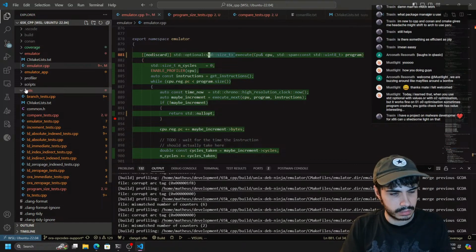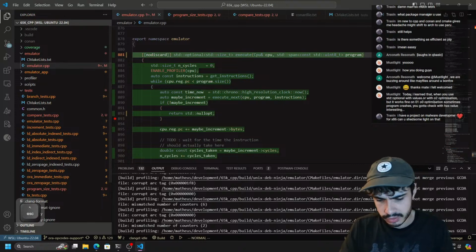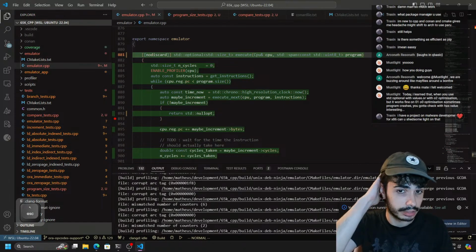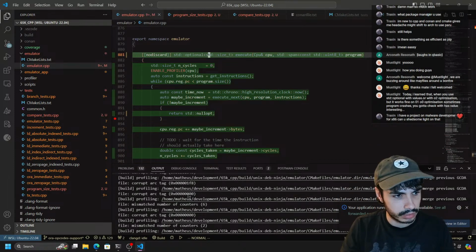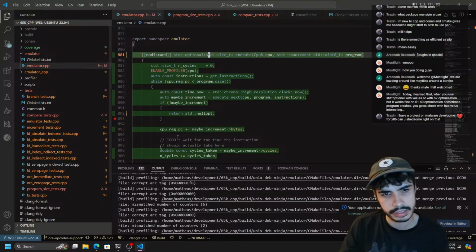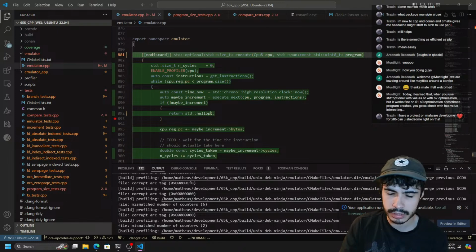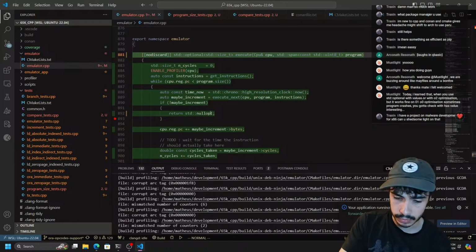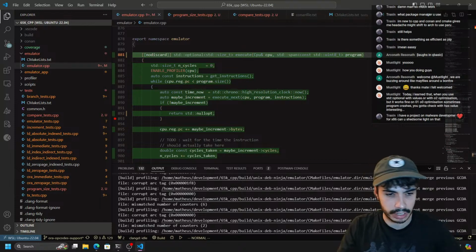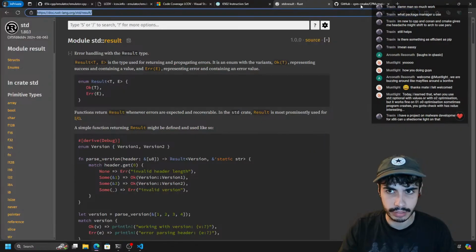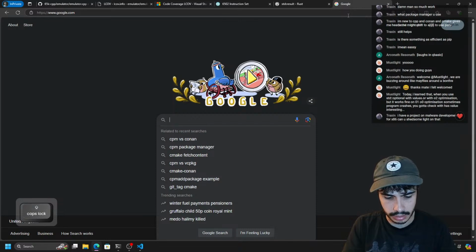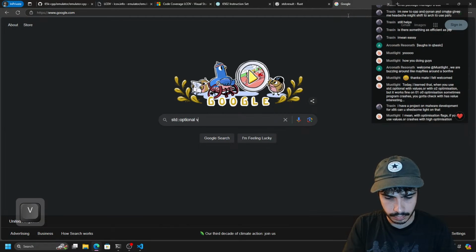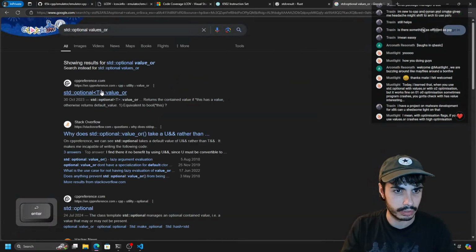Yeah. So the point is, if you have an optional, you should check that you have a value set before you actually dereference it. There is value_or though, which is what I mean. Yeah, value_or shouldn't crash, right? It either returns the value that you have in the optional, or it returns the default value, right? I'm pretty sure. So even if you have no value, and we can check that right now, because I'm actually interested. So std optional value_or,